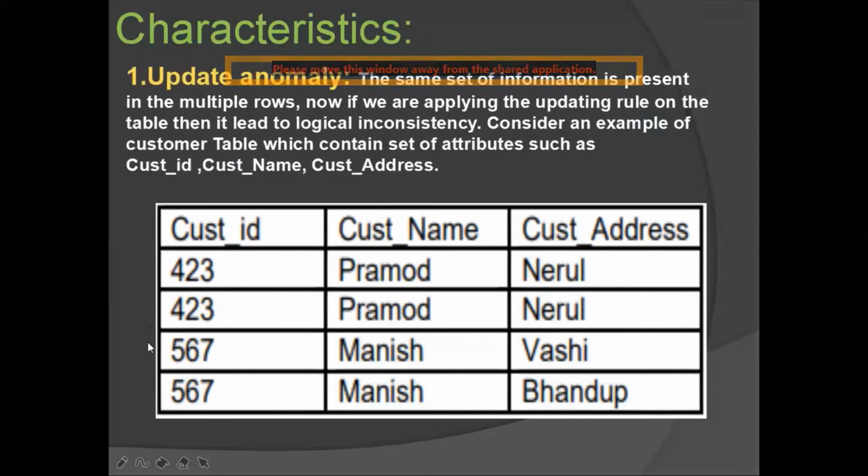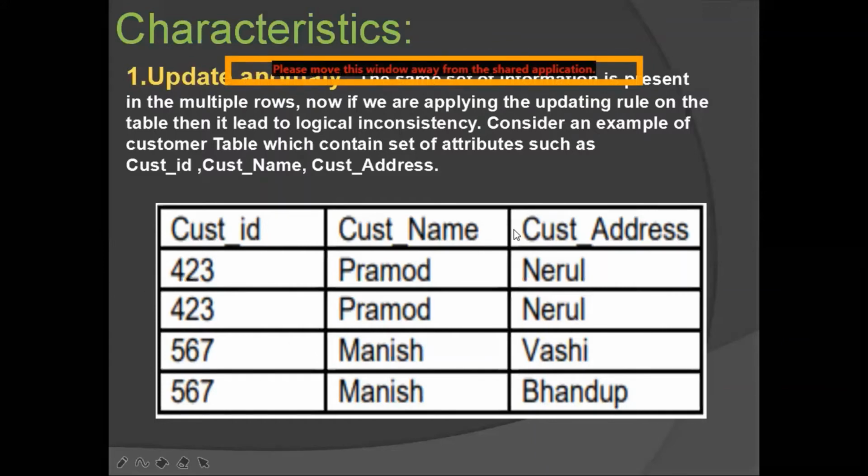Update anomaly here means, suppose I give an update to my first row. Suppose I want to change the address of the customer whose name is Pramod to Powai. Suppose Pramod's address given here is Nerul, and I have to change it to Powai. So I will write my query using a where clause, where customer name is equal to Pramod, and update the value to Powai, as we have learned in practical how to update data in your table. The same way you write a query to update this data.